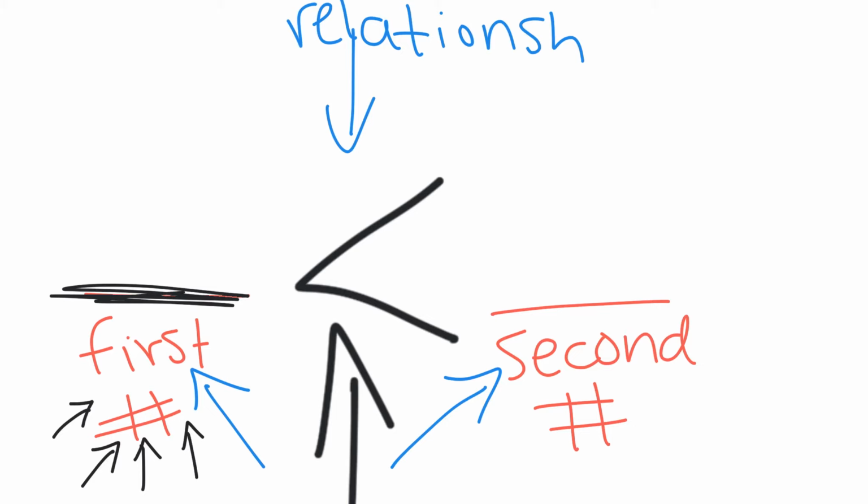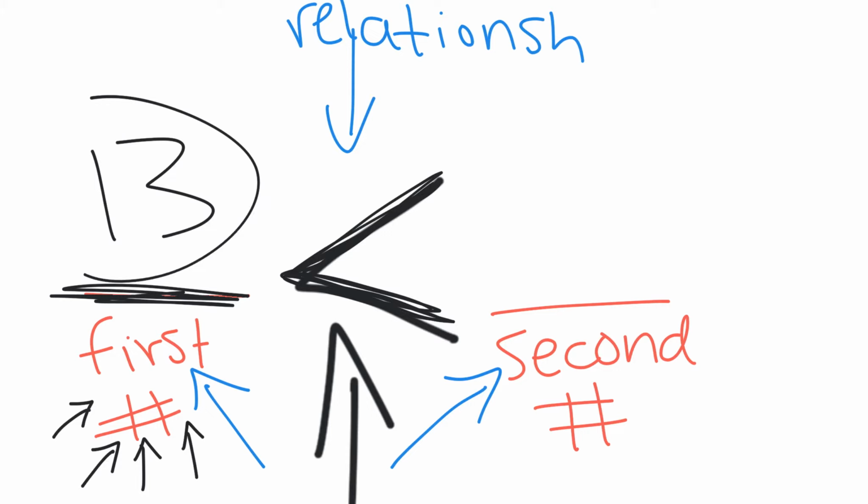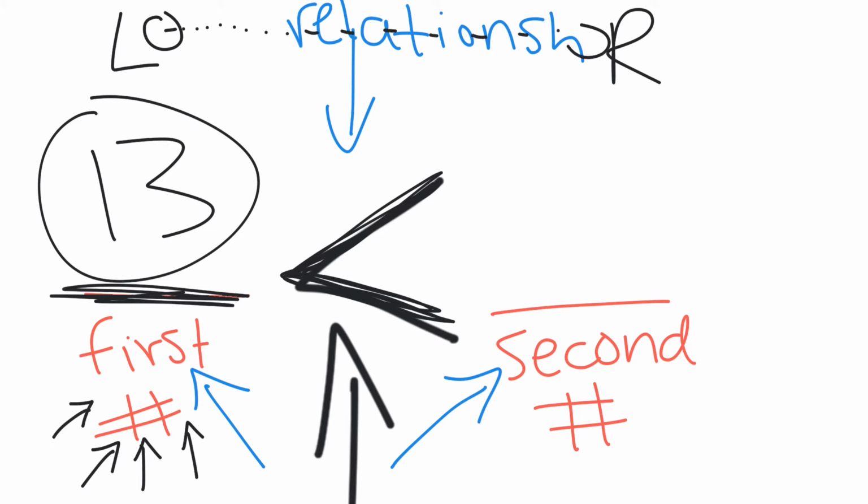Whatever this number is, it doesn't matter, pick a number, let's say 13. If our first number is 13 and we have the less than symbol, it means that our first number, which is 13, has to be less than our second number. We always read first to second. We always read from the left side to the right side, even if these were just words in a sentence. We would start at the left, right here, and then we would work our way to the right here. So 13 is less than